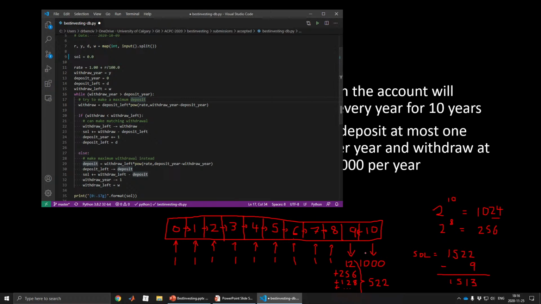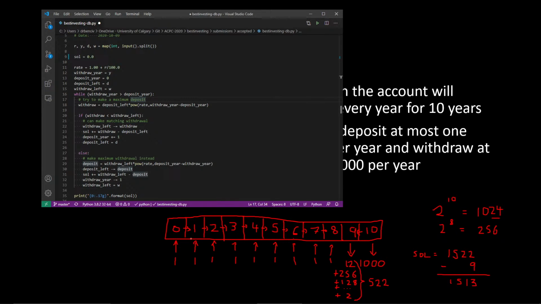So if you remember, in this case, we started out by depositing $1 into here, and then if we